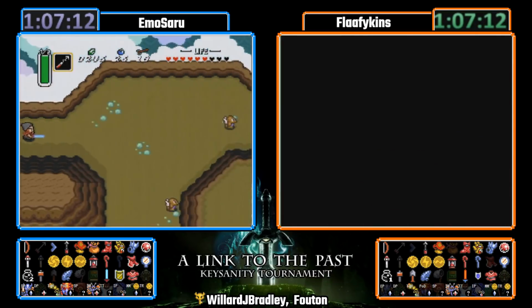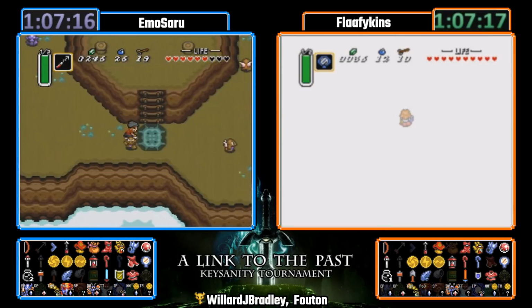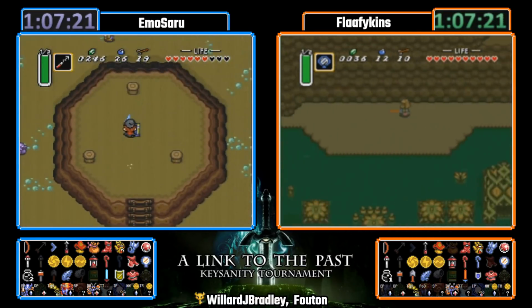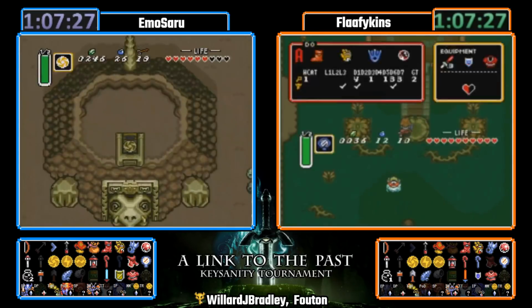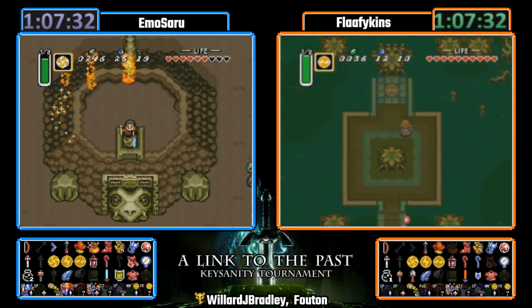Who knows? Maybe we'll be greeted with the beautiful Swamp Palace small key and G Tower to go into Swamp to get the G Tower big key kind of thing. Did Flaffy grab that map in the island? I don't remember. She did not. Okay, no, so we don't know what that is. So that just could very well be our Ice Palace or our Thieves Town or Swamp or maybe something we already know,